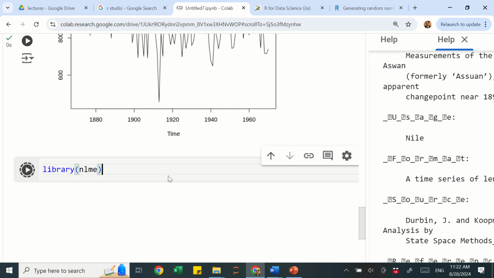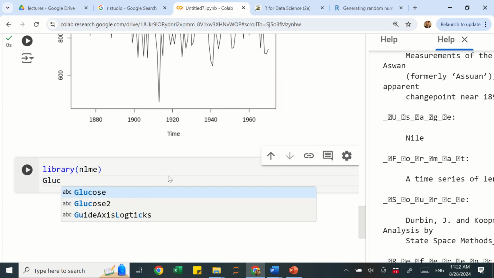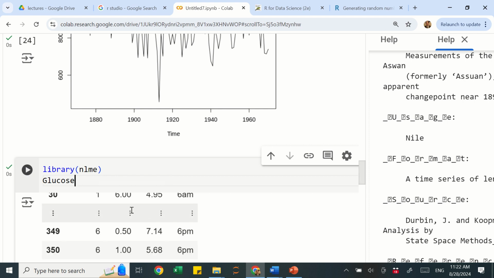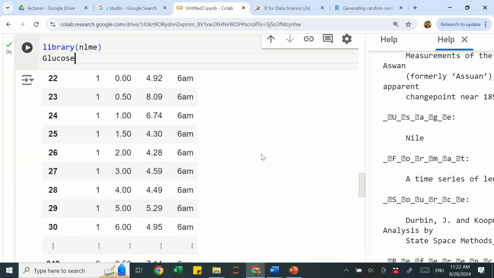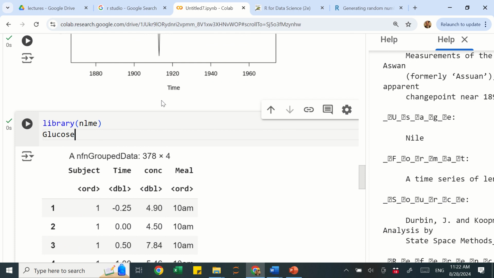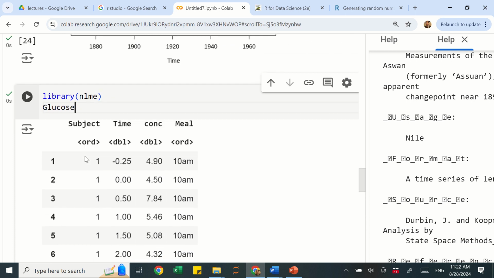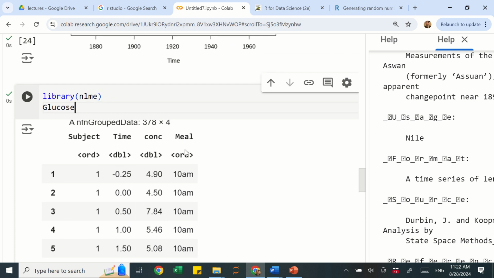And that specific library has a dataset called Glucose. So what is that dataset? Pretty much you have a subject, so I guess that's a person. Then we have time, the concentration of the glucose, and the meal,